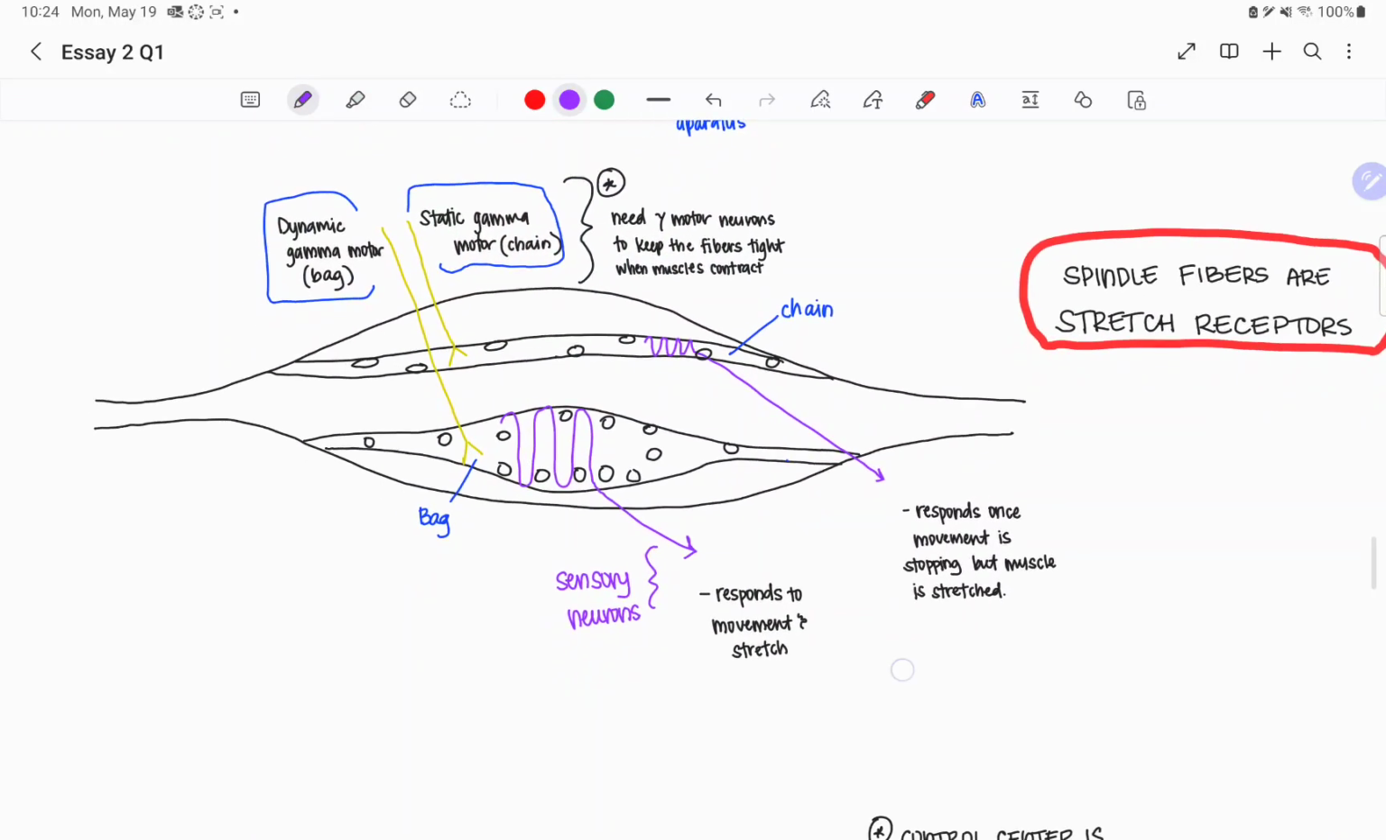Now the bag fibers have 1A sensory neurons, and the chain fibers have 2A sensory neurons. Okay, so the 1A is responding to movement and stretch. 1A is a really big sensory neuron. It's the classification of a really big sensory neuron. 2A is a little bit smaller in diameter. They're both myelinated, but it